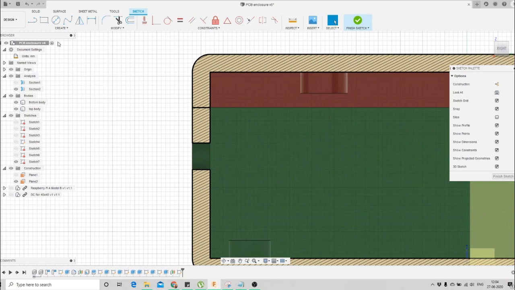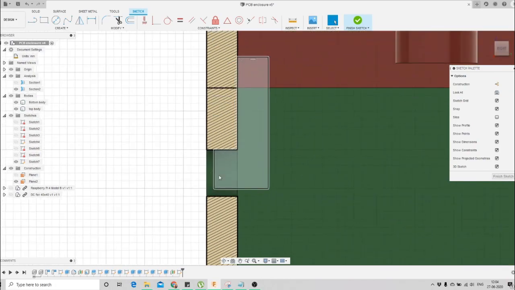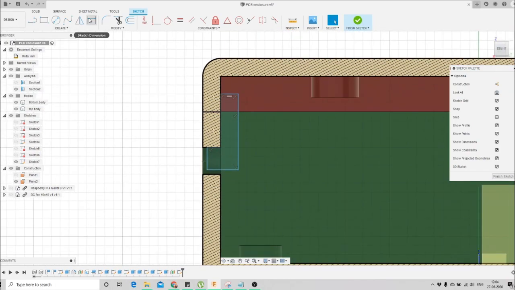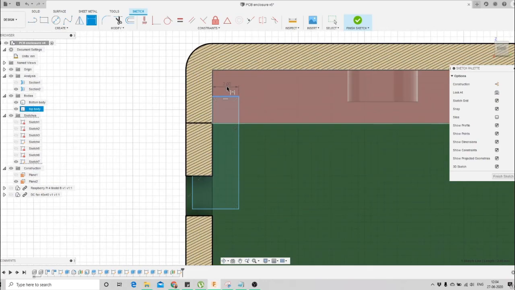Now we'll start making the snap fit joint here. From the top of the part we need something like this, and this, something like this. So we'll specify the dimensions first. Let's say this one I want 2 mm. Okay, great.